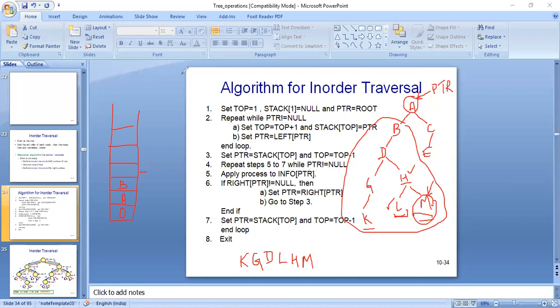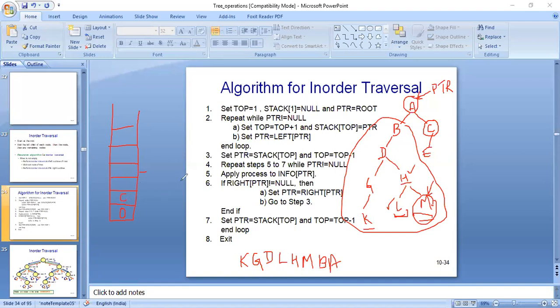So we have to backtrack all the elements till we got the node. So node is where? A is the node. So B is not having right child. It will be removed and processed. A is having the right child. So till A we will backtrack. So we are here placing B and A. So afterwards, since the pointer is here at right child, so right child will be pushed onto stack, and we